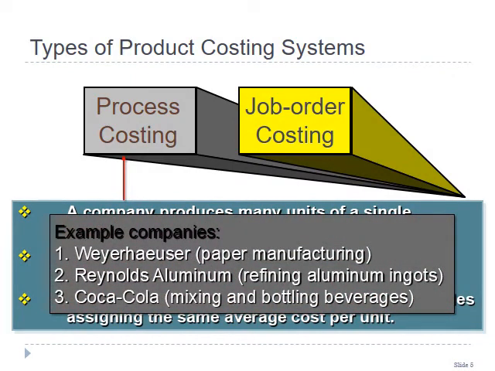So, examples include a manufacturer of paper products. When we think of paper manufacturing, we generally think about continuous production of a single roll of paper that may eventually be cut into sizes needed by the customers. Similarly, the other companies include Renault Aluminium